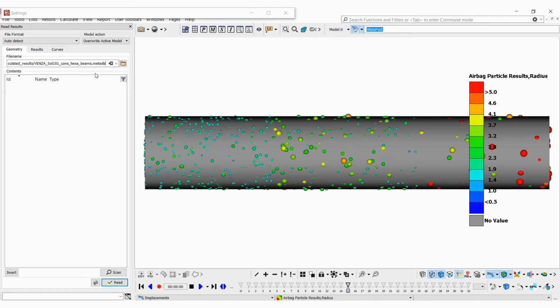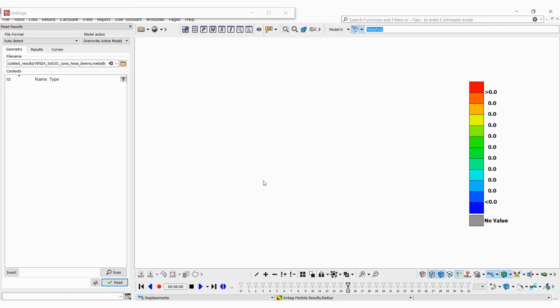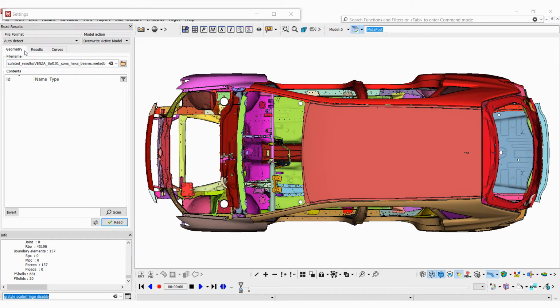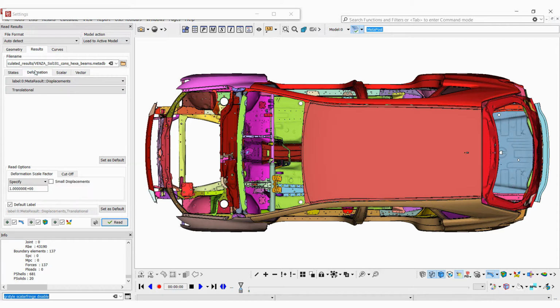Next, we will load a model with hexaelements and load the von Mises stresses as scalar results and element forces as vector results.